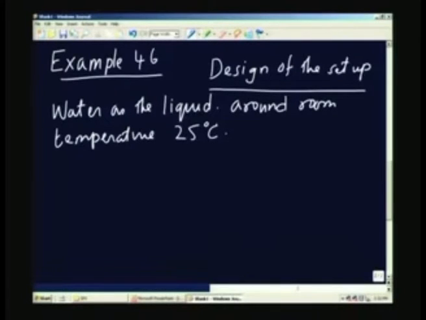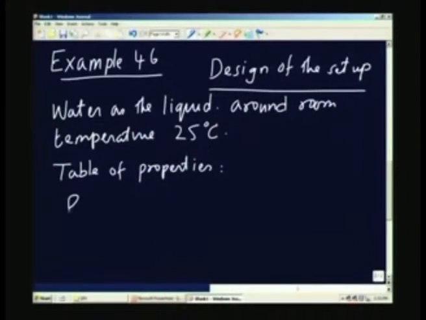So, for design purpose, what I can do is take the properties of water roughly at this temperature and then design the setup for that particular condition. If you look at a table of properties, the following are the approximate values. I am not going to take exact values, because for the design purpose all you require is a value which is approximately equal to the value which we are going to measure in the experiment. We need not worry about a very precise value, we are just going to take the ballpark value or the closest to what we want.